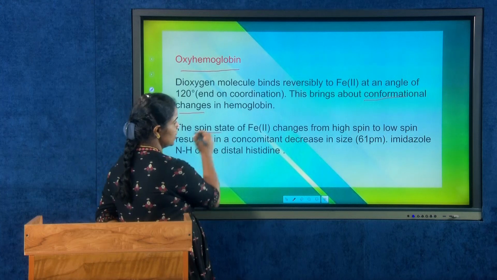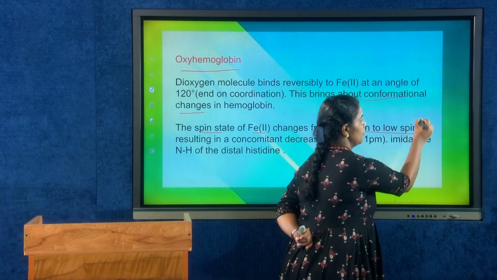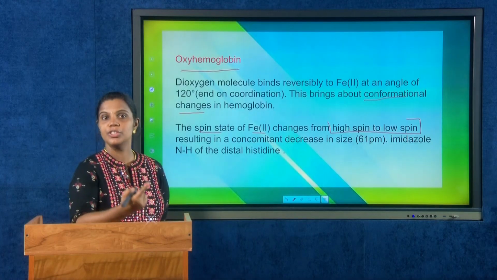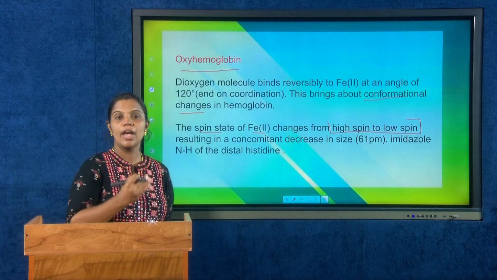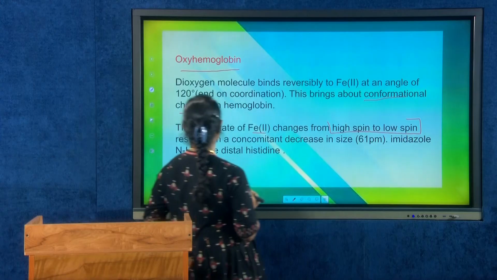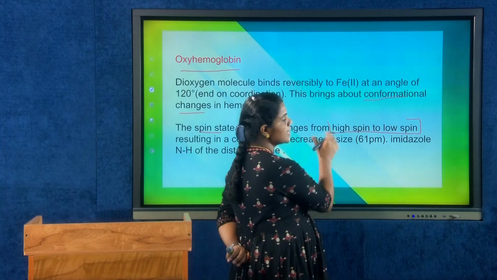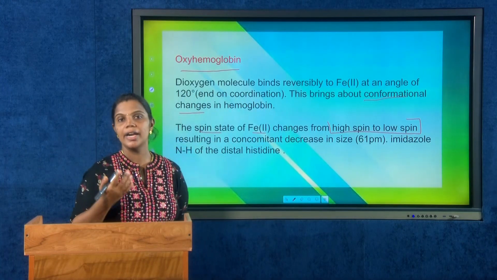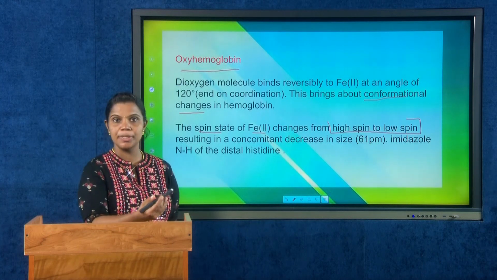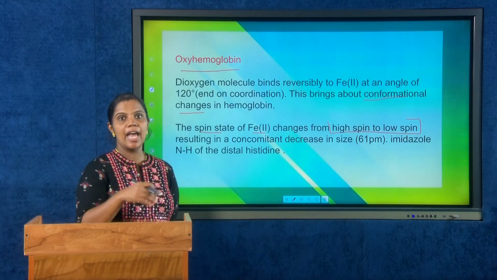Here the spin state of Fe2+ will change from high spin to low spin. Very important. Upon oxygenation, the deoxyhemoglobin will get converted into oxyhemoglobin. Here the Fe2+ gets converted from high spin state to the low spin state. So after this, it will decrease in size. That is, when the iron ion Fe2+ is changed from high spin to low spin, it will reduce its size and it will be capable of sitting inside the cavity and will come to